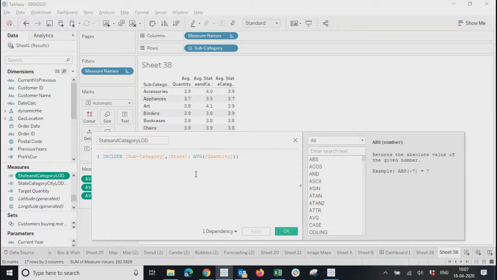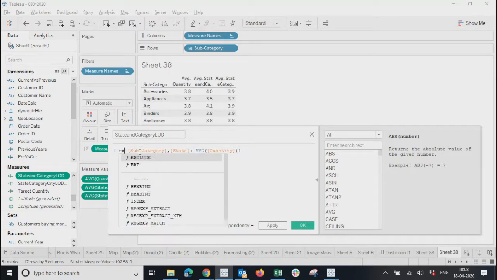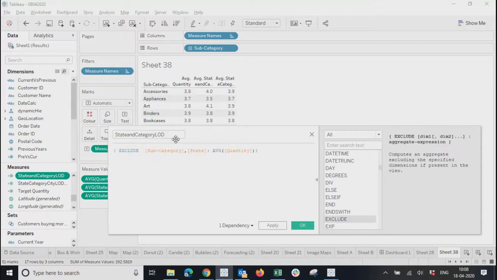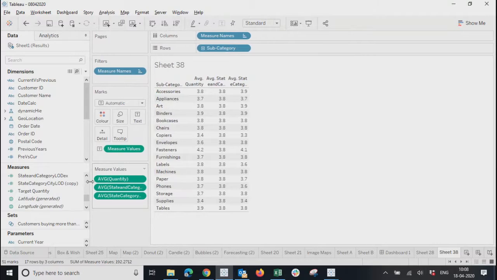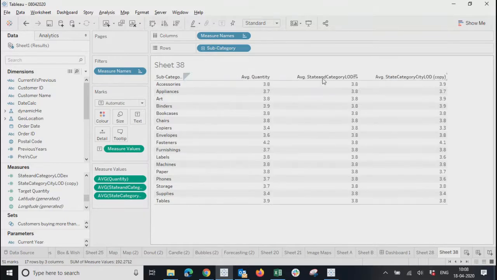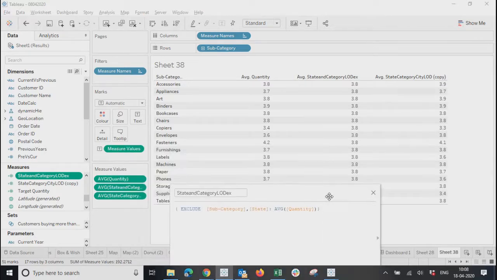Now, there is a similar or opposite scenario to this, where we don't want to include these, and that we can say exclude, right? I'll say apply. This was already there. I just edited the existing one. Yeah. So as soon as we said exclude, right? Now if you see here,